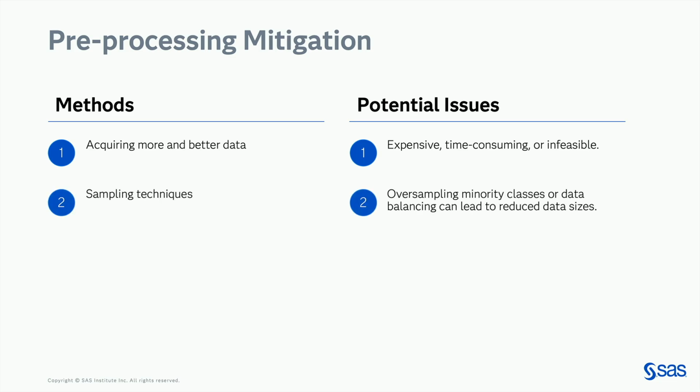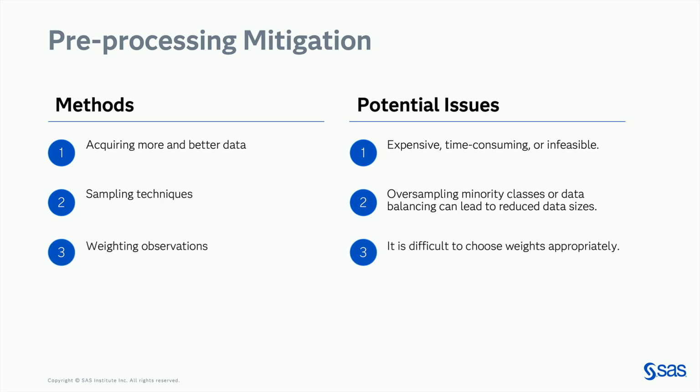Well, maybe I can sample, right? So if you're familiar with rare event modeling, one of the things that people do in rare event modeling, they might oversample the number of rare events as compared to the non-rare events. And you can do the same thing if you have one group that's much more widely prevalent in the data. You could oversample the minority group and try to balance your data that way. But if you're oversampling, you throw out a lot of other data that you don't sample in that oversampling.